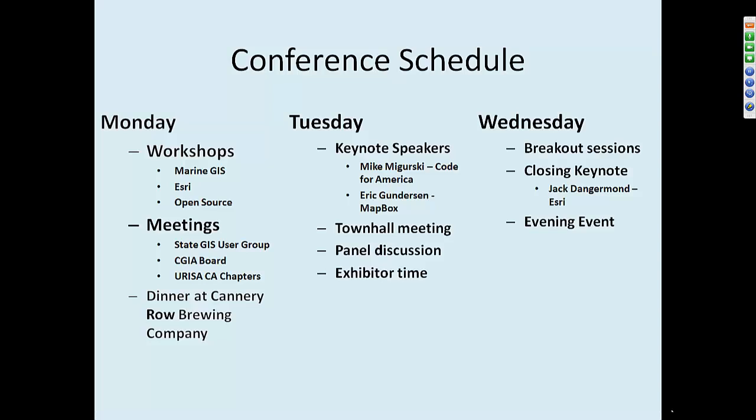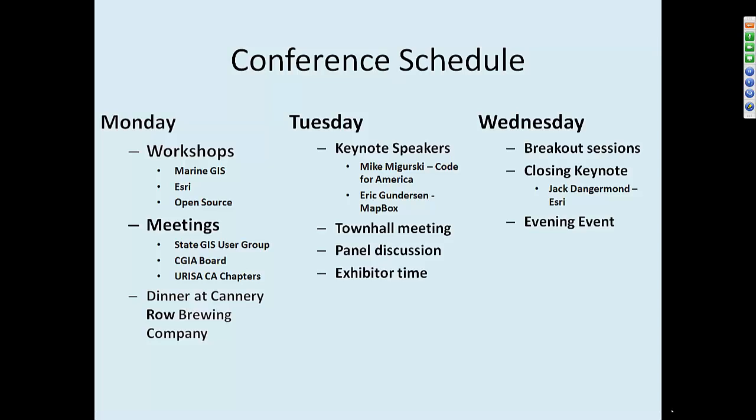That group will be the core of the workshop for the day, but we'll be bringing in some additional people, both from the local area and from across the state. Promises to be a very good workshop. You can go on to the calgis.org website to see some more information about that.